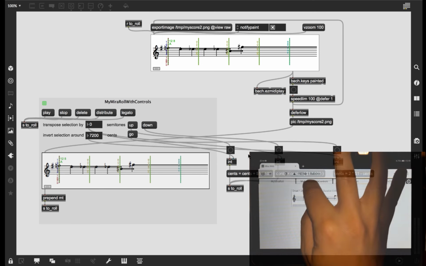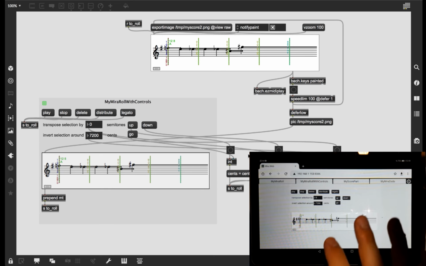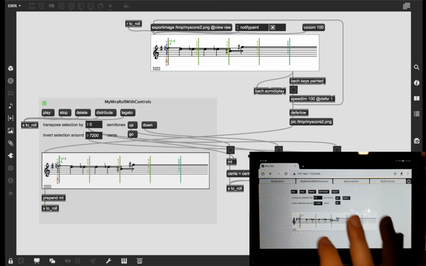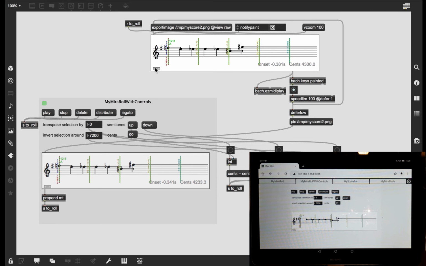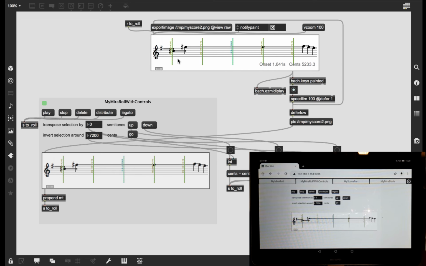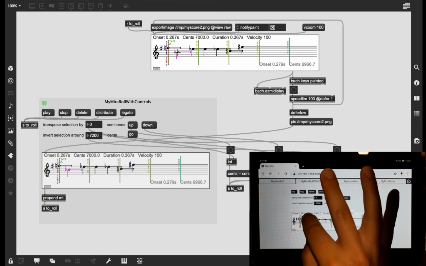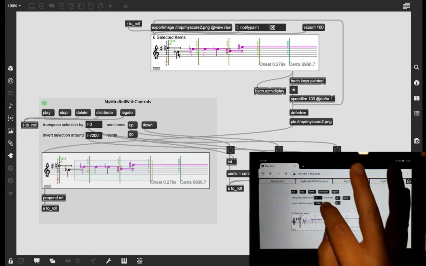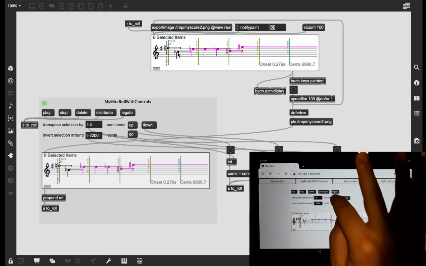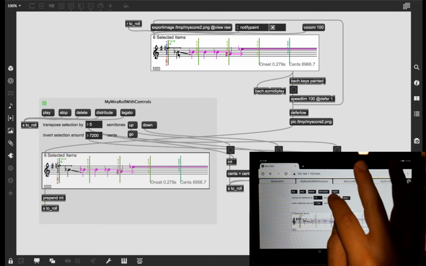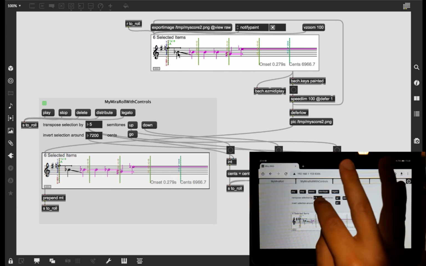Let's see how. For instance, I change tab. Here we go. You see that now this tab is showing the same thing I'm showing here. So if I take something here and change it, it's gonna be changed everywhere again. But this time what I can do is, for instance, let's say select something and transpose it by 5 semitones up or down, and or inverting it, why not? Or I can play,